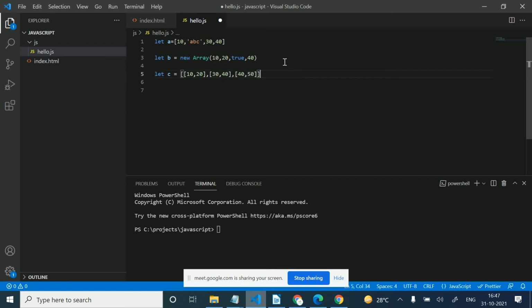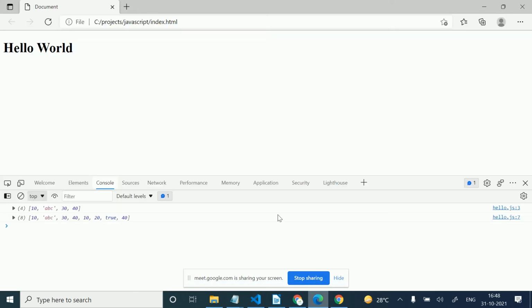So this is a multi array, an array inside an array. These are the three. On the 0 position we have an array 10, 20. On the 1 position we have an array 30, 40. So this is the multi-dimensional array. An array inside an array is called a multi-dimensional array. Okay, I'm just going to console this, console C, and let's check here. I'm just going to refresh. So I'm getting here an array inside an array.